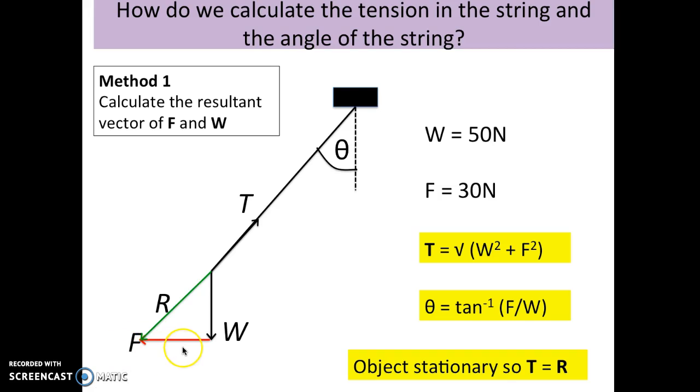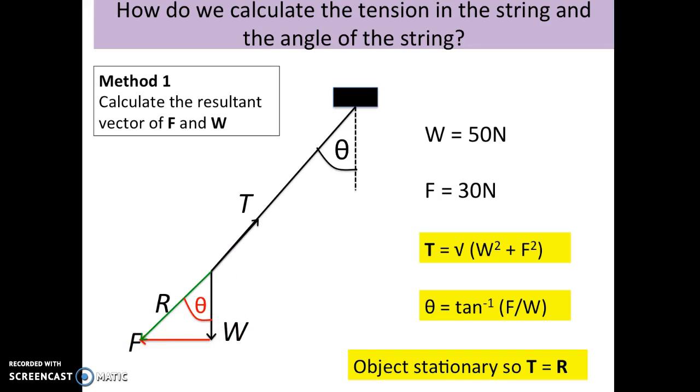Okay, I'm hoping you spotted it, but if you didn't, the answer is because theta in this case is this angle here. In the examples you've come across so far, we had theta being this angle here, but in this case, it's this angle here. So in other words, opposite over adjacent is going to be F divided by W in this case, because the line that is opposite the angle is this one. So theta will be equal to tan to the minus 1 of F